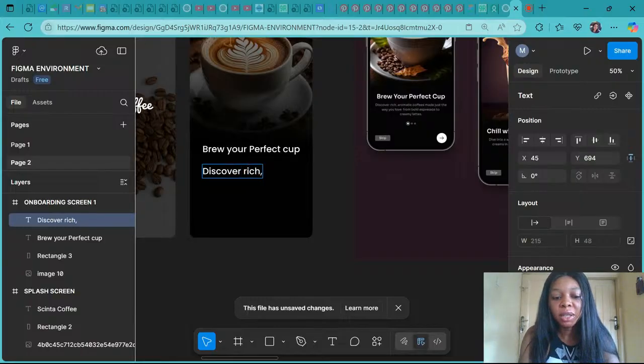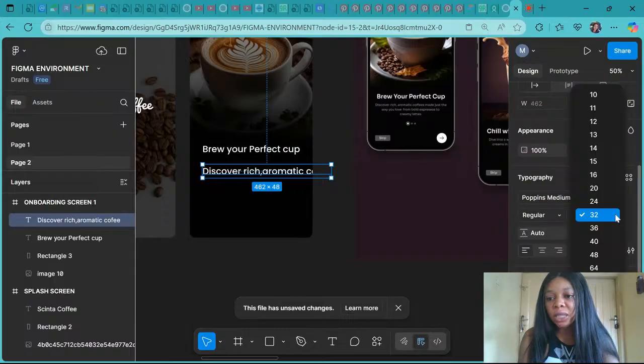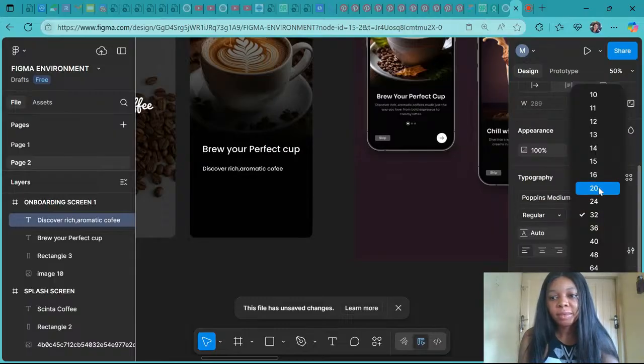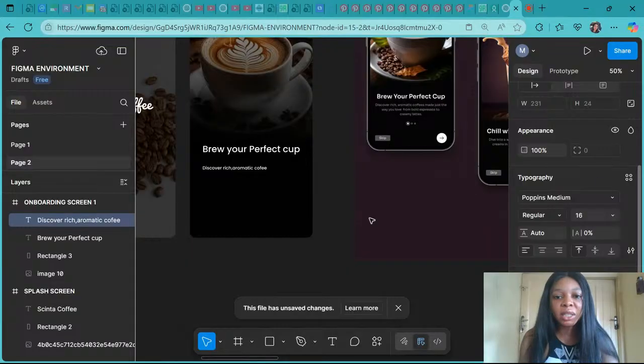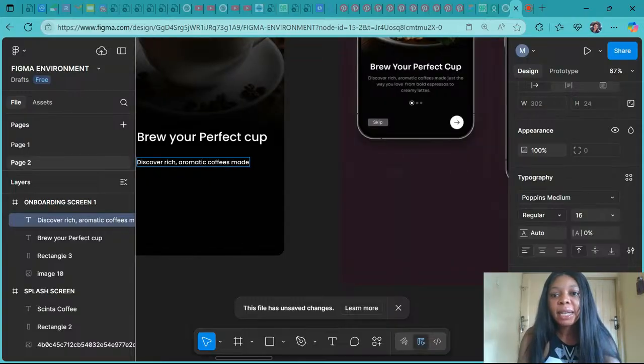rich, aromatic coffees. You can see that the text is too big, so I'll just click and reduce the size. I'm going to go with 16 for now. Let me write my text out first, and then I can start tailoring it the way I want. So I'm going with discover rich aromatic coffees, made just the way